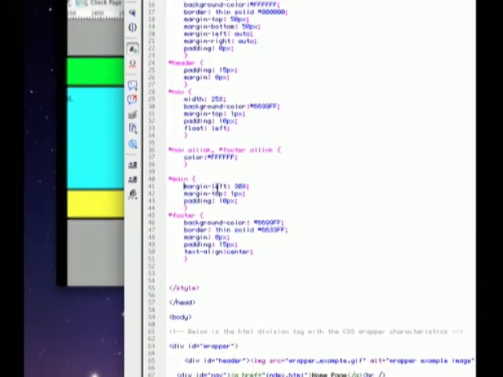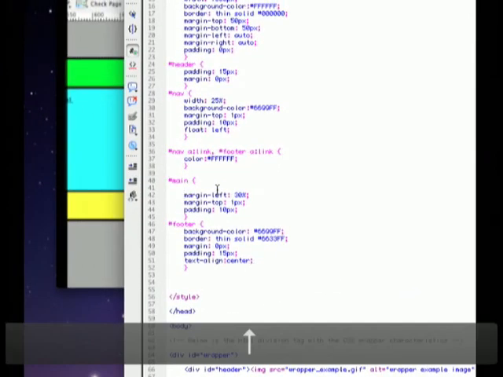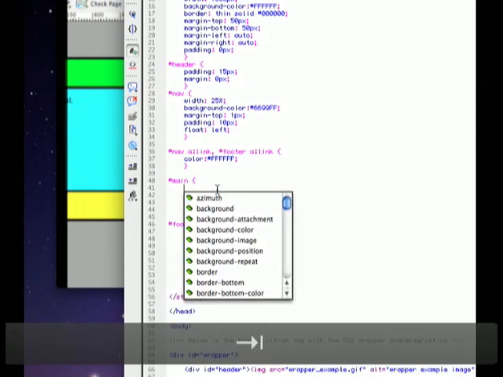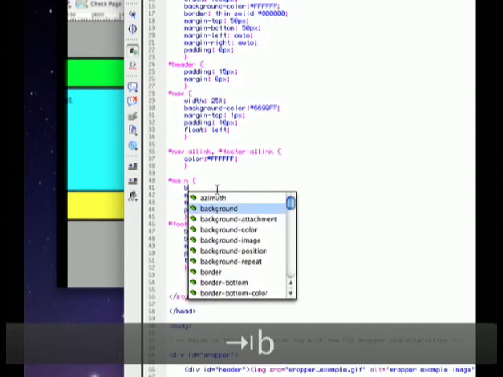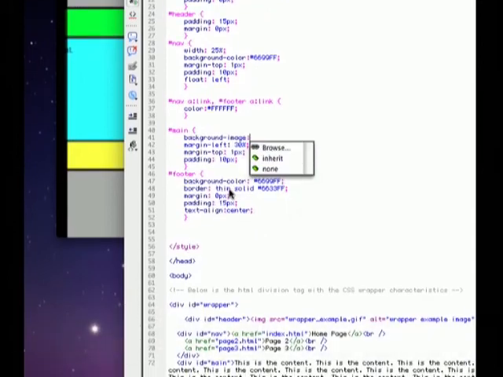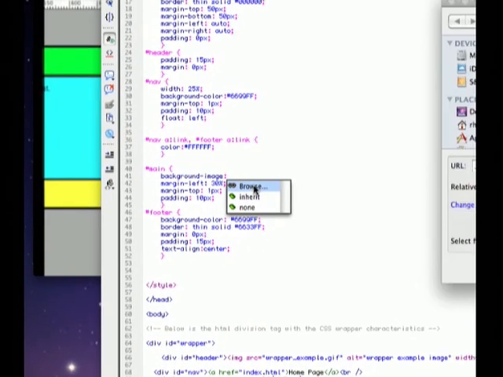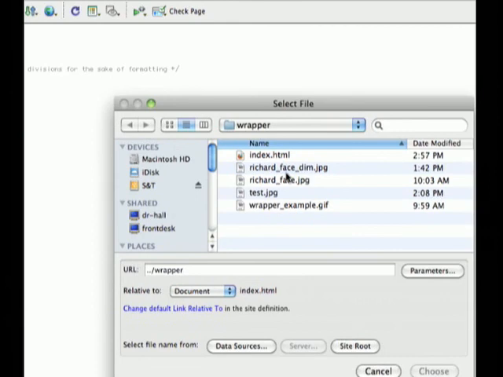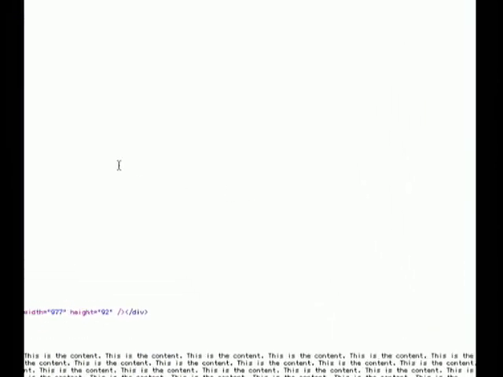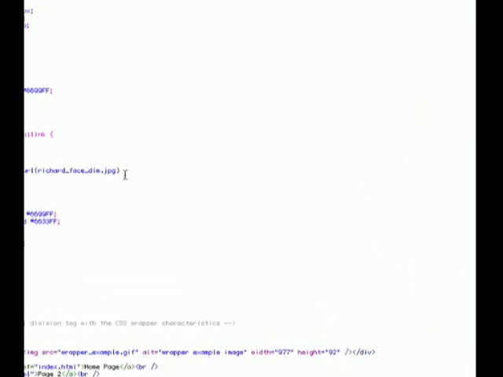So first of all, I'm inside main, that ID, and I'm going to get some help from the code completion. I go to background image, and then browse for the image, and I know it's called Richard's face dim. And then you can see what it does is